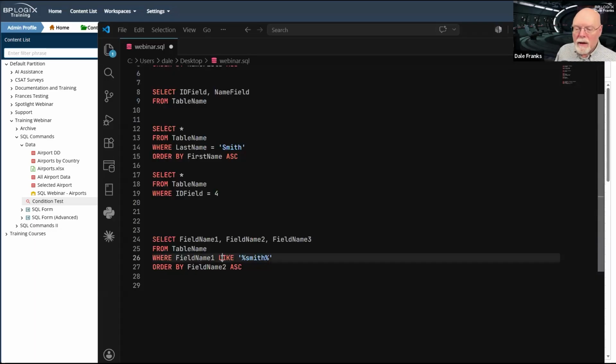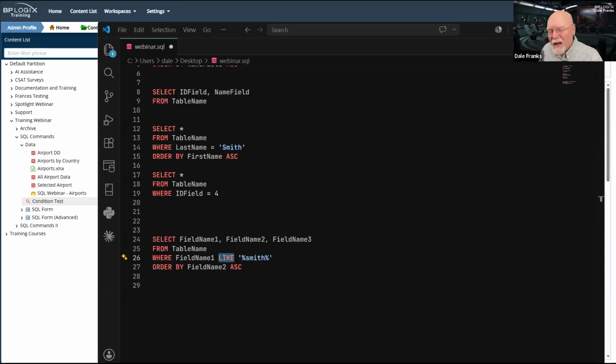Like in SQL Server is very similar to contains. It's not exactly a one-to-one correspondence, but you can think about it as a contains operator. It's more of a matching operator, but let's not get too deep into the weeds on technical stuff that you don't really need to know unless you're a real DB person. So if I want to just do a loose match and return multiple records that might conceivably match some value I'm looking for, I've got to do a more loosey-goosey search.